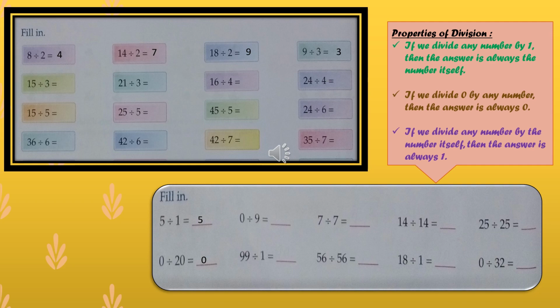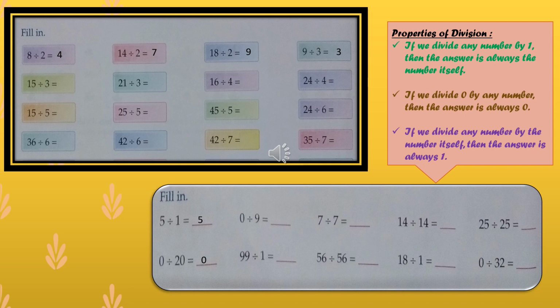Right? And also if we see that 2 into 4 gives us 8, from there also we can derive the multiplication fact or the division fact. We can check like this also. So the answer will be 4. Now next one. 14 divided by 2 equals 7. Yes, because 2 sevens are 14. Now 18 divided by 2. So 2 nines are 18. So 18 divided by 2 equals 9.